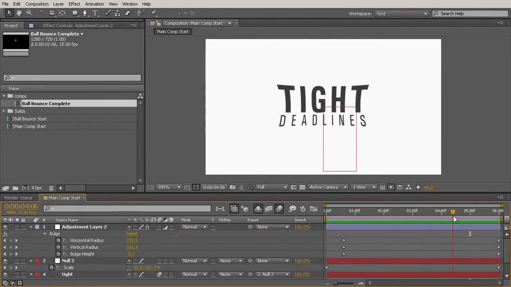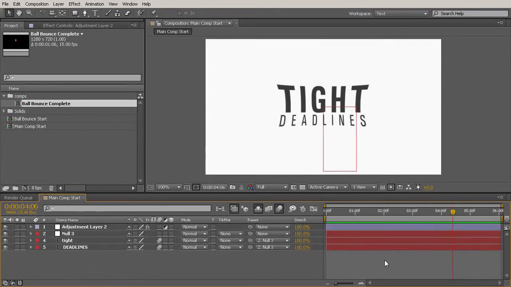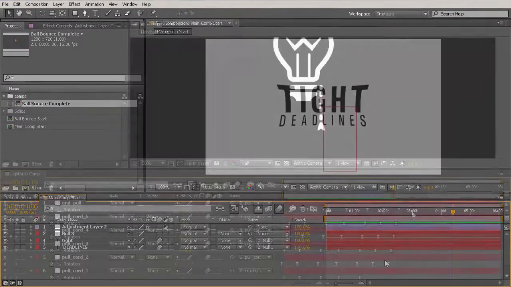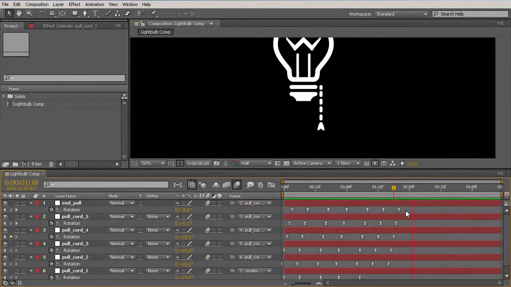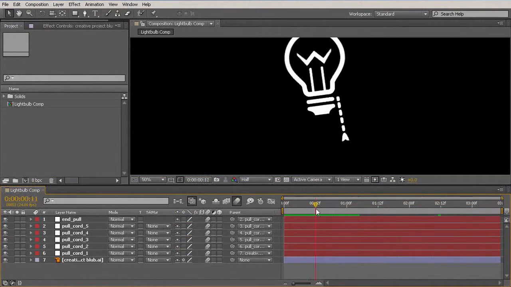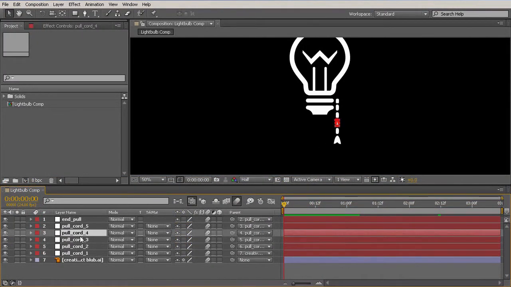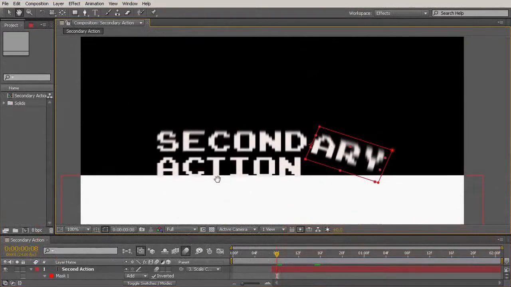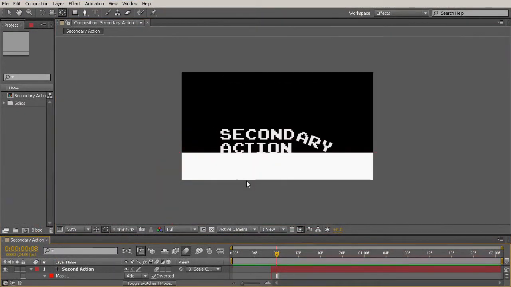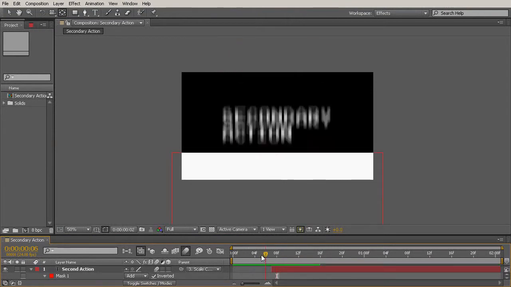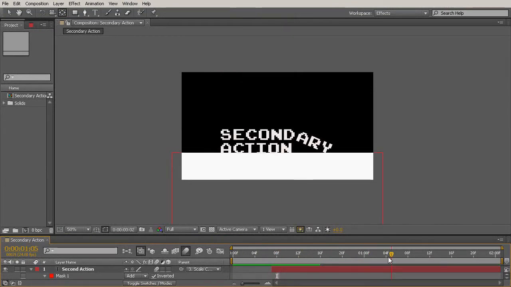Have I created or found the essence of what I'm trying to create and exaggerated it to the point that the audience can read it easily? Have I created realistic follow-through and overlapping action? Or do my actions and my animations look rigid or wooden? Do the graphics and animation I have secondary action, or is it just the primary action? Do I need to go in and refine it, or add more elements, or really refine the animation and add pieces or change pieces to better show the primary action?